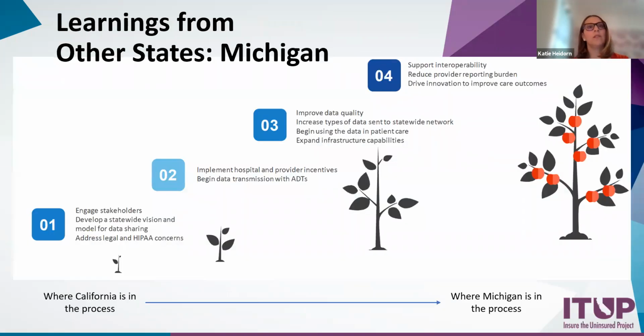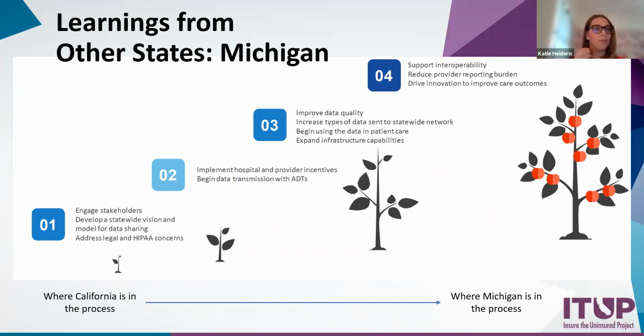We had a couple learnings from other states, both in the work that Timmy mentioned that she's been doing with the coalition that they're leading. Michigan, I think, is a really good example of this. This just doesn't happen overnight, right? I think we'll let you read this in the slides later, but the idea is that you can scale this up over time. So California is just starting, right?